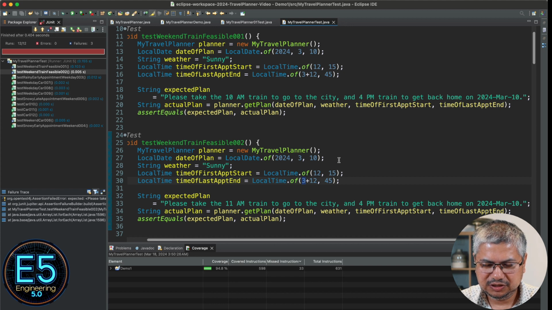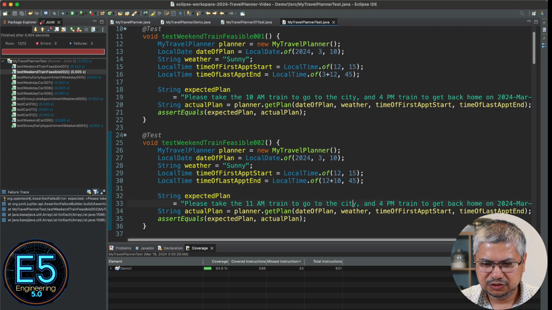Let's say the last appointment is 11 p.m. So let's do 11 p.m. and let's say 10:45 p.m. So we'll need to catch the 10 a.m. train,